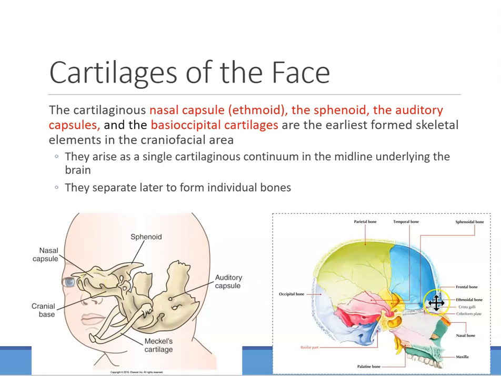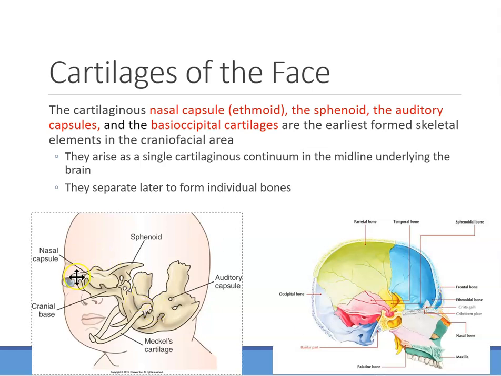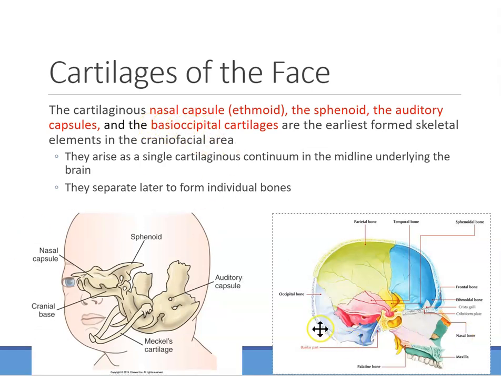I have a whole other video on the skull, which we'll look at again in orofacial as well. Then we have the sphenoid bone, which looks like a bat flying, or like a butterfly with wings on each side. The auditory capsule, auditory for ears. And there's also something called the basi-occipital cartilage. Basi is the bottom, and occipital is the very back of your